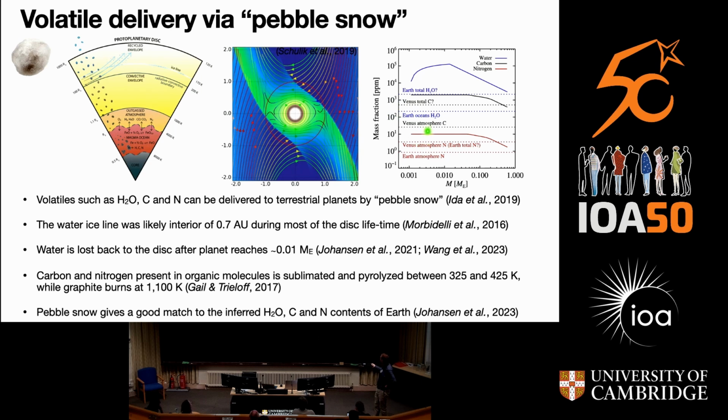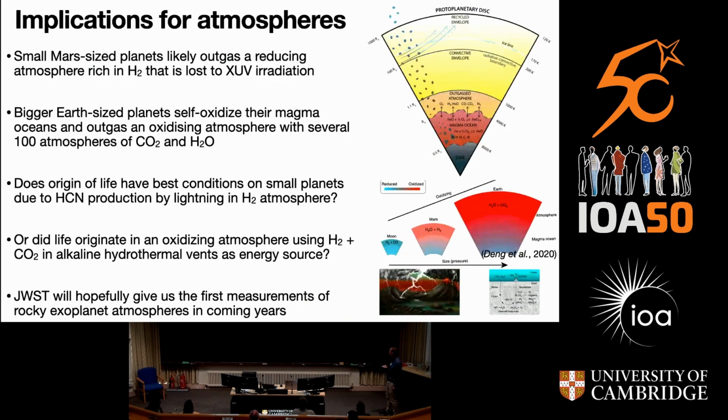So now that we don't have the core reservoir problem, we can start with the 10 ppm nitrogen present in meteorites. We can undergo the destruction mechanism here, and we can go down to a few ppm, and therefore we can get a pretty good match to Earth's nitrogen content also. So pebble snow overall gives a good match to the inferred H2O, C, and N content of Earth. Okay, just coming to my last slide, because this has some implications both for atmospheres and actually also for